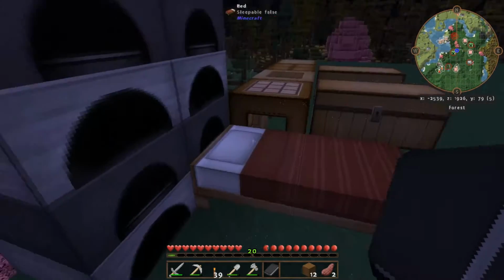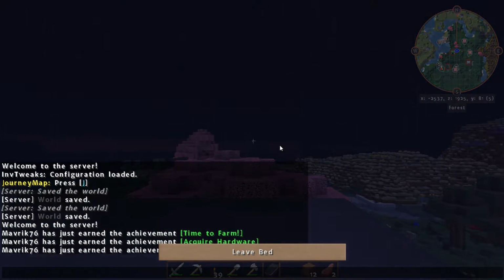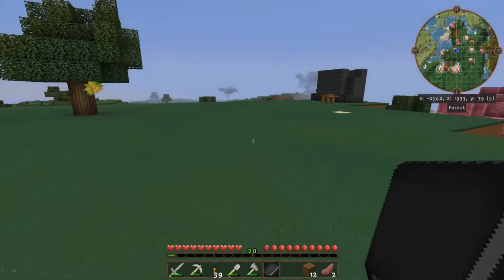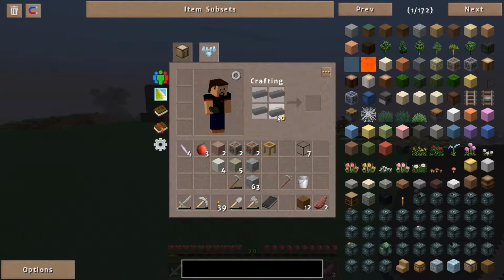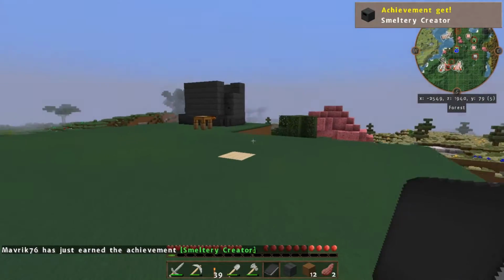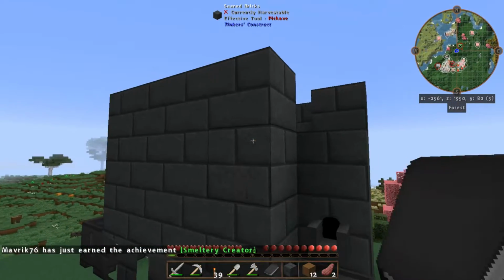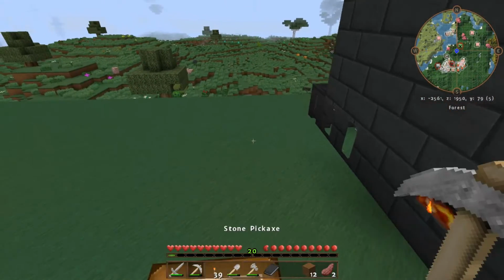Wow, it got dark. It got dark. Help me, it got dark. But that's that. Did we grab? Yeah, we grabbed them. And we just earned an achievement even though we built this whole thing. Oh, awesome. Okay, now, so what we want to do...